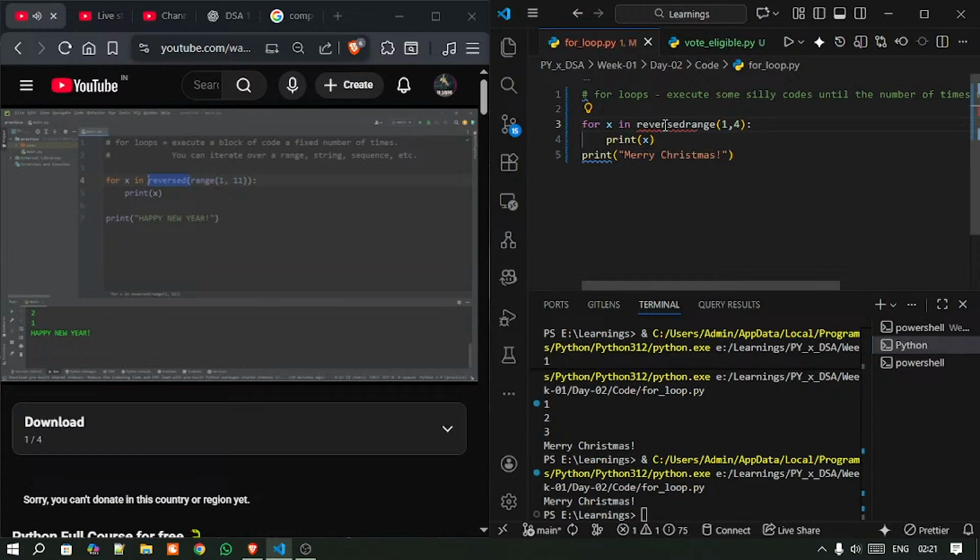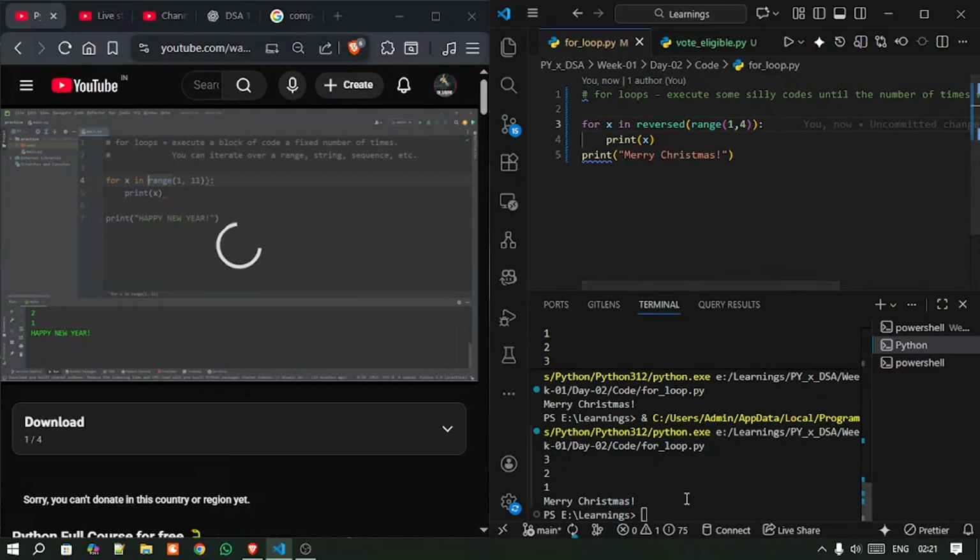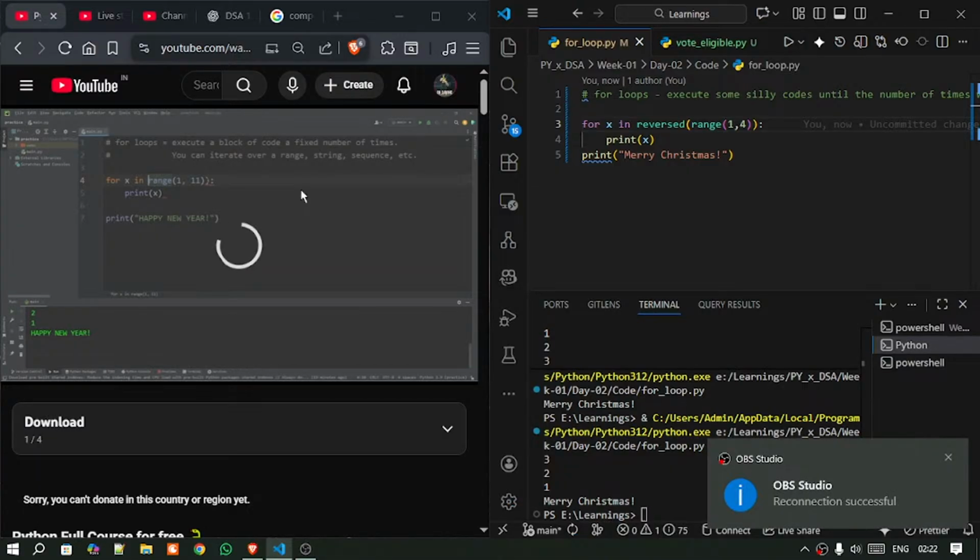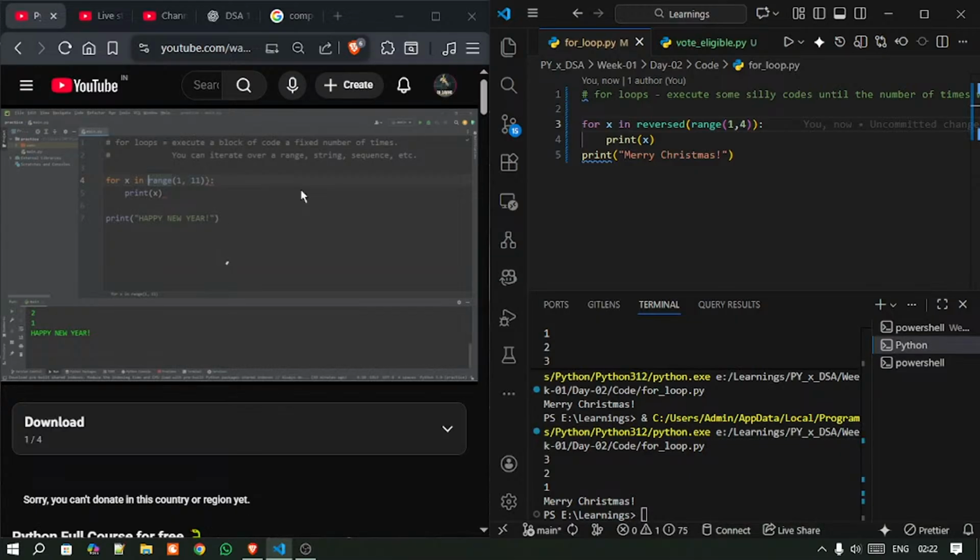There is an additional parameter too you could add. That is the step. If you would like to count by 2s, you would add comma 2. So I'm going to get rid of